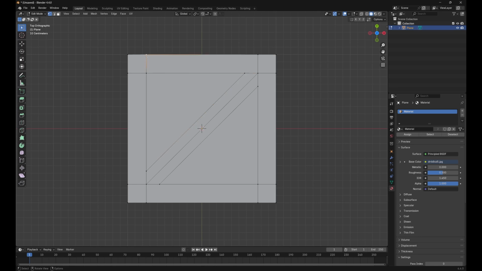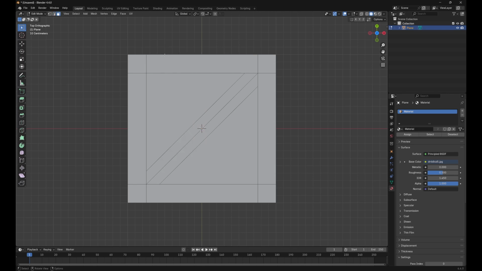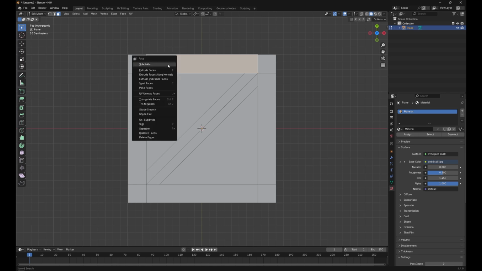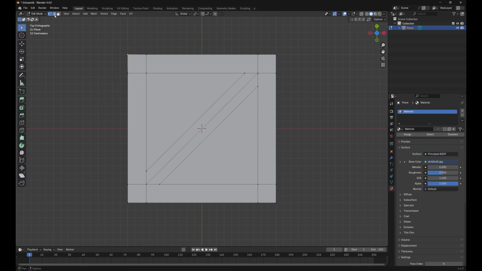Now, you might have seen earlier on, I quickly did a demonstration and I used something called a subdivide. So if I select two vertices, or in edge select mode, select this edge and right click on it, it brings up the edge menu. Now, if I was in face mode and I selected this one and right clicked, it would bring up the face menu. So depending what mode you're in determines what menu you get with that right click. So with edge mode, this one here, if I right click, subdivide,